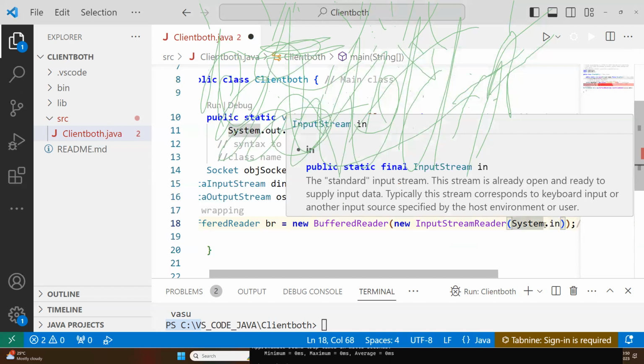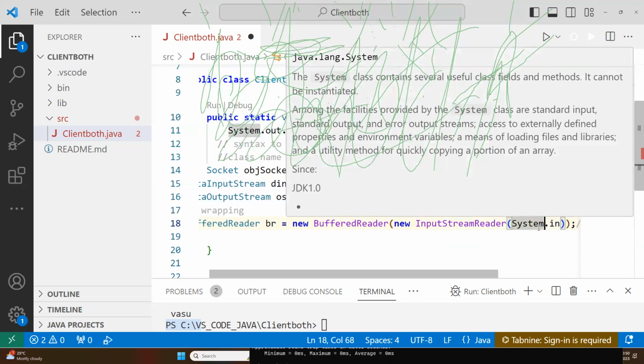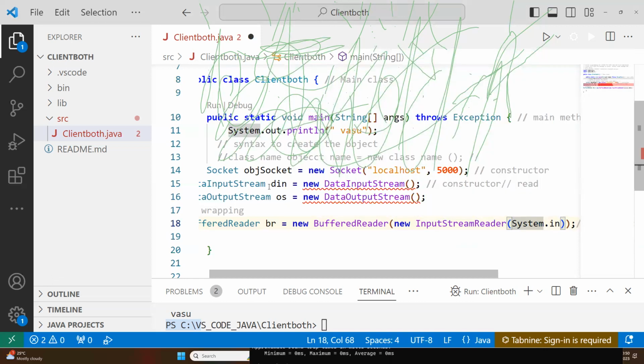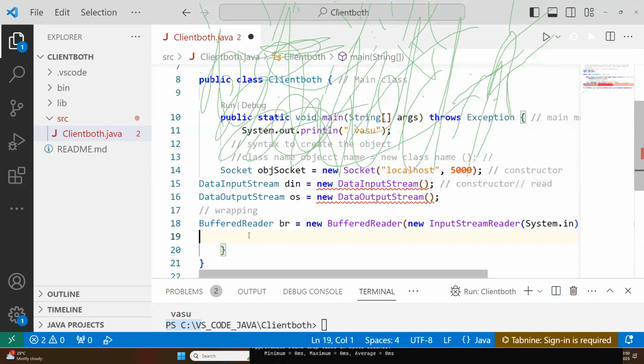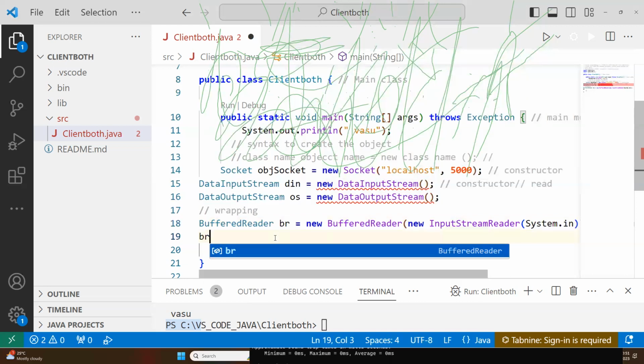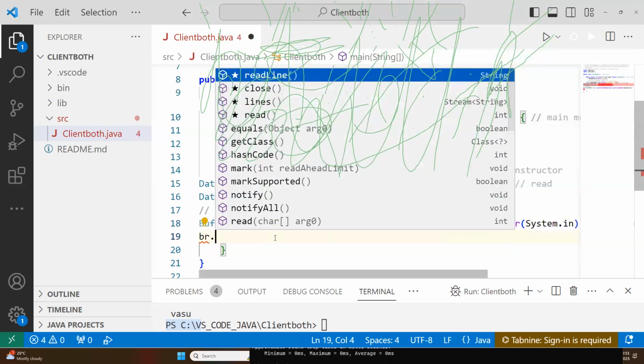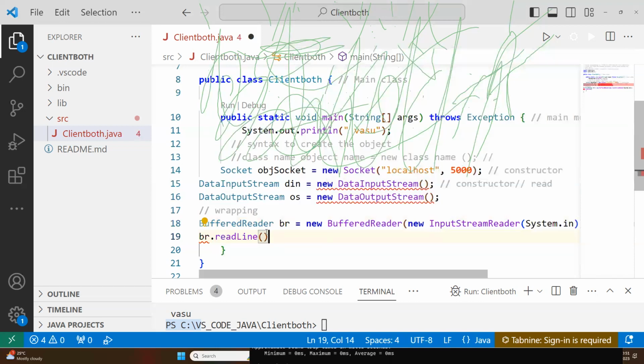Now this data will be read by our BufferedReader object. This BufferedReader has a method, br.readLine method. If you simply keep a dot, you will get all these methods, including the readLine method. So this is readLine. You simply write here